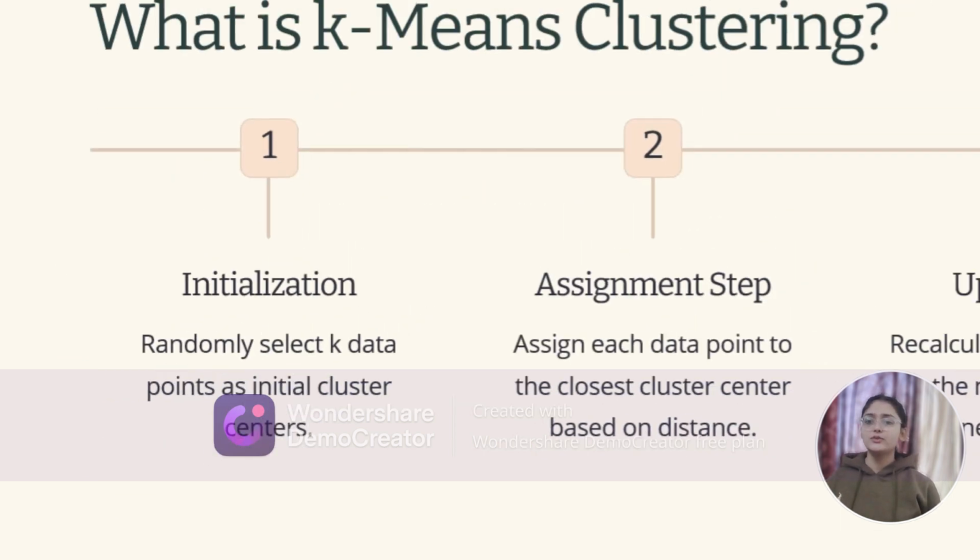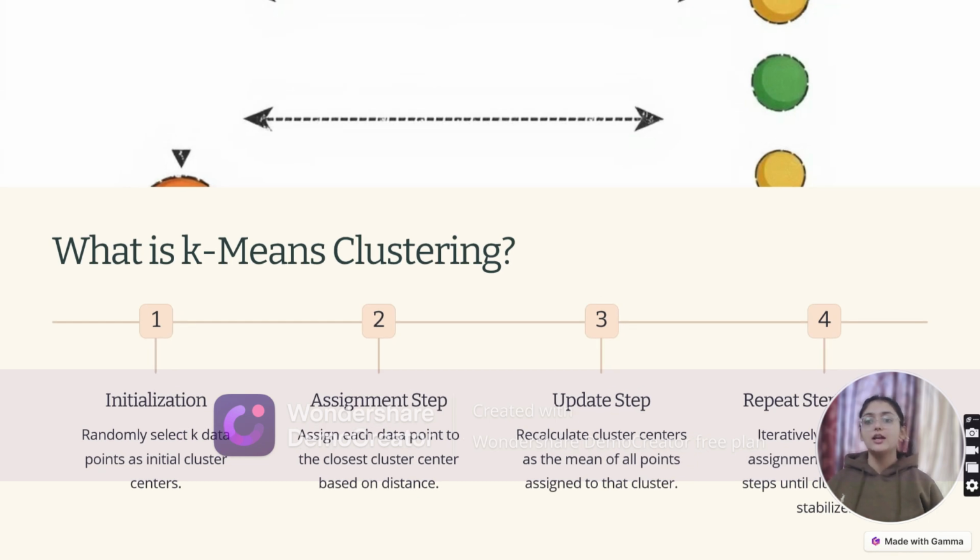What is k-means clustering? Step 1, initialization: randomly select k data points as initial cluster centers. Step 2, assign step: assign each data point to the closest cluster center based on distance. Step 3, update step: